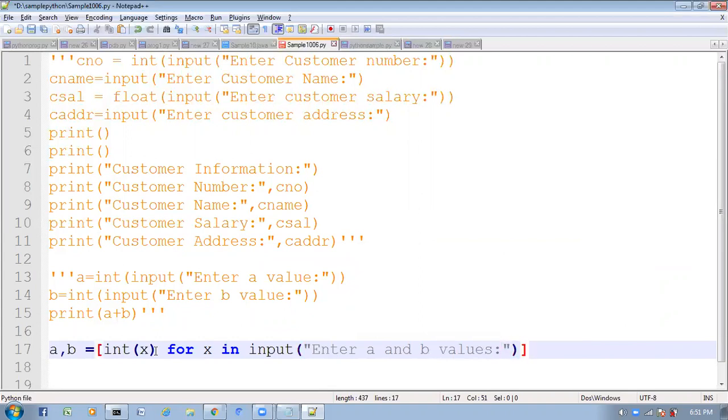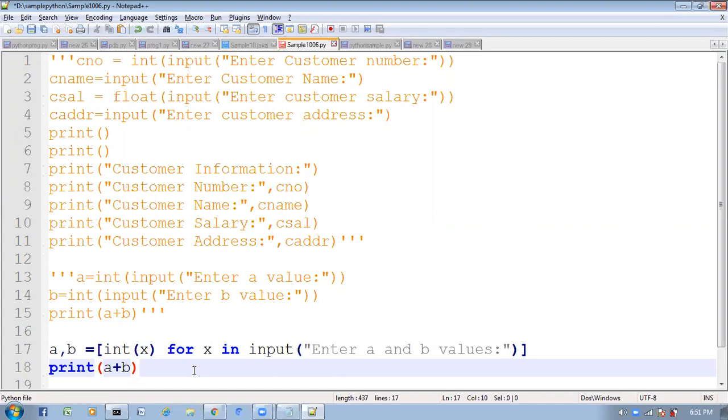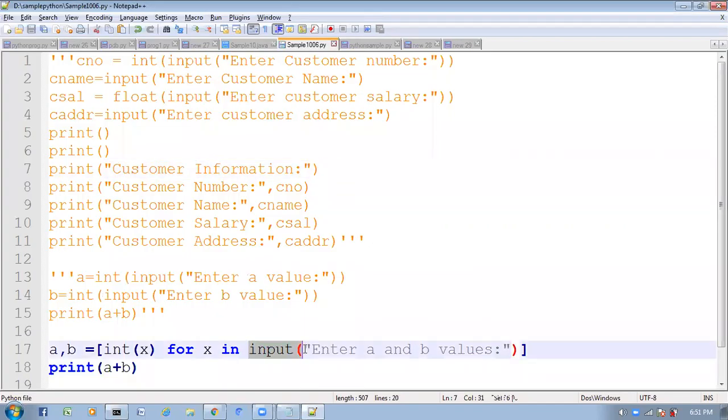Like this I am taking it here. So now finally what I will do here, print A plus B. Right? So now if you run this program, what will happen? See, what is the meaning of this ending? Up to here, what will it return? It will return string type of data. What string type of data will it return? It will return 10, 20 like this, and this entire thing as a single string. That's why I'm taking it inside quotes.